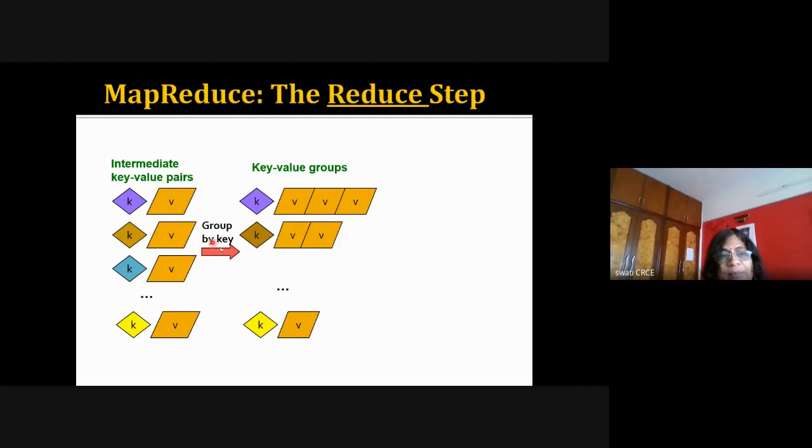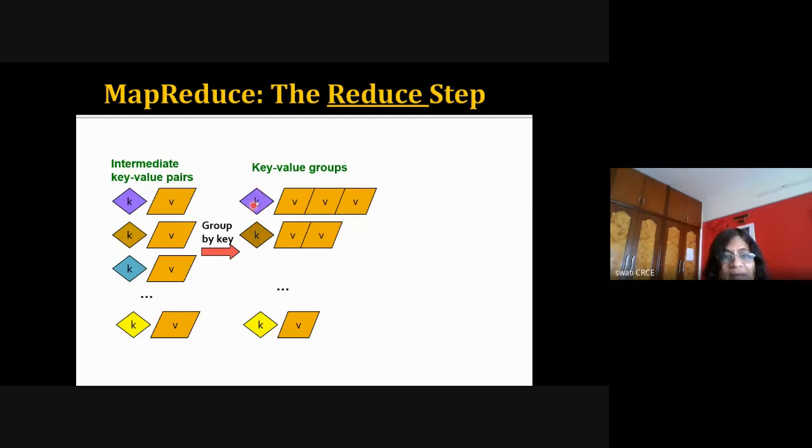With the group by operation, for this color key, all the values are in the form of a list of values. Here it is key and value, but here the output of shuffling is key and a list of values. Here the different colors are used to show different keys.